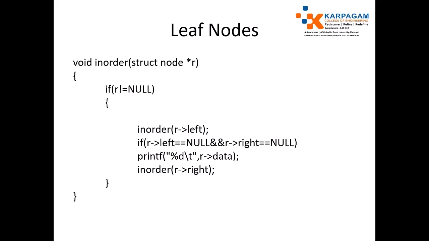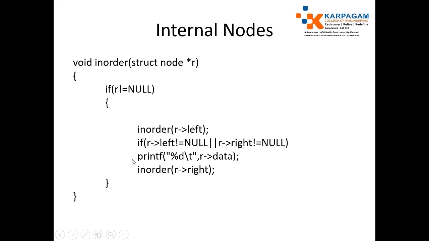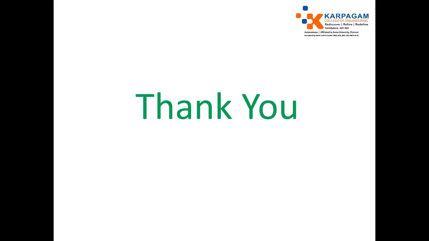If either one of the values, for example R of left not equal to null or R of right not equal to null, is true, that will be called an internal node. To check the condition, just apply it in the inorder traversal itself. While printing the data, check R of left not equal to null or R of right not equal to null. If either condition is true, that is an internal node, and it will be printed by using the printf statement. In the inorder traversal function itself, you can apply the single line constraint, just add the constraint to print the internal nodes as well as the leaf nodes. Okay, I saw the demo.